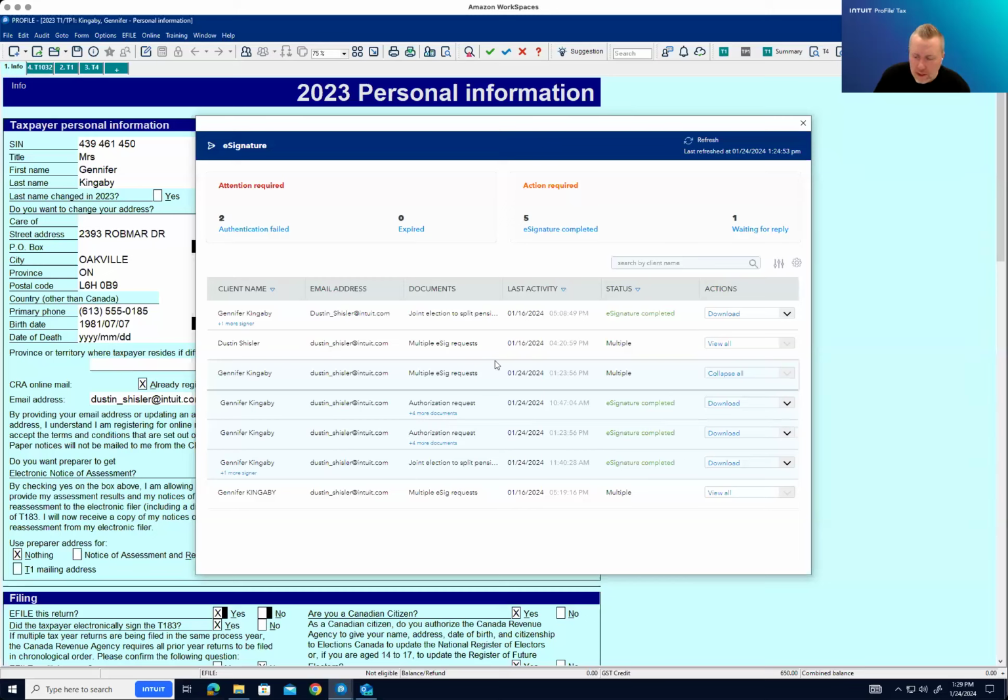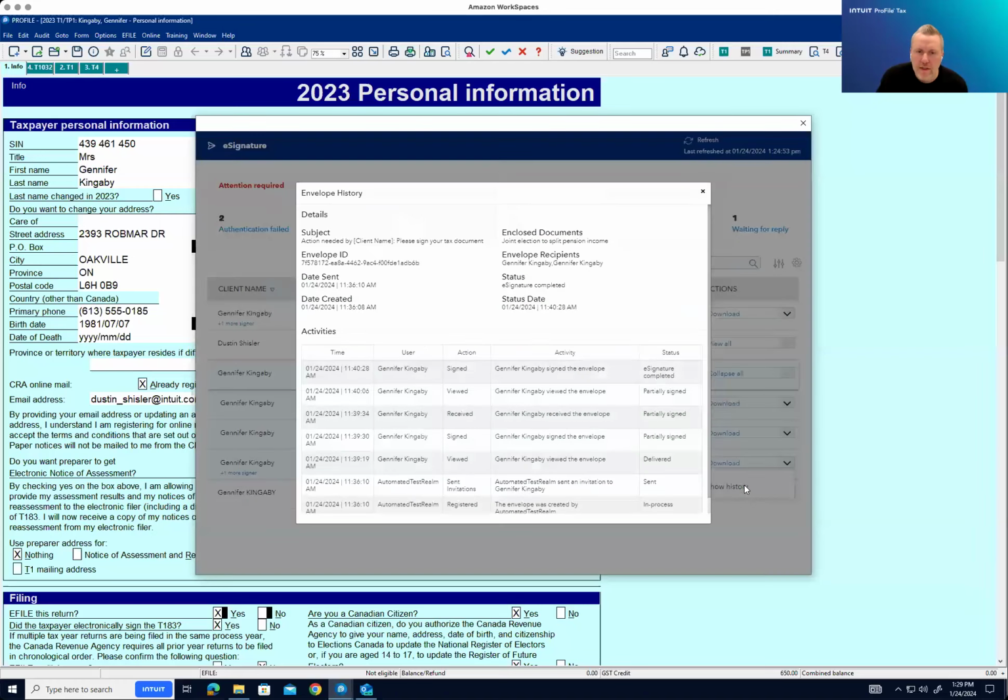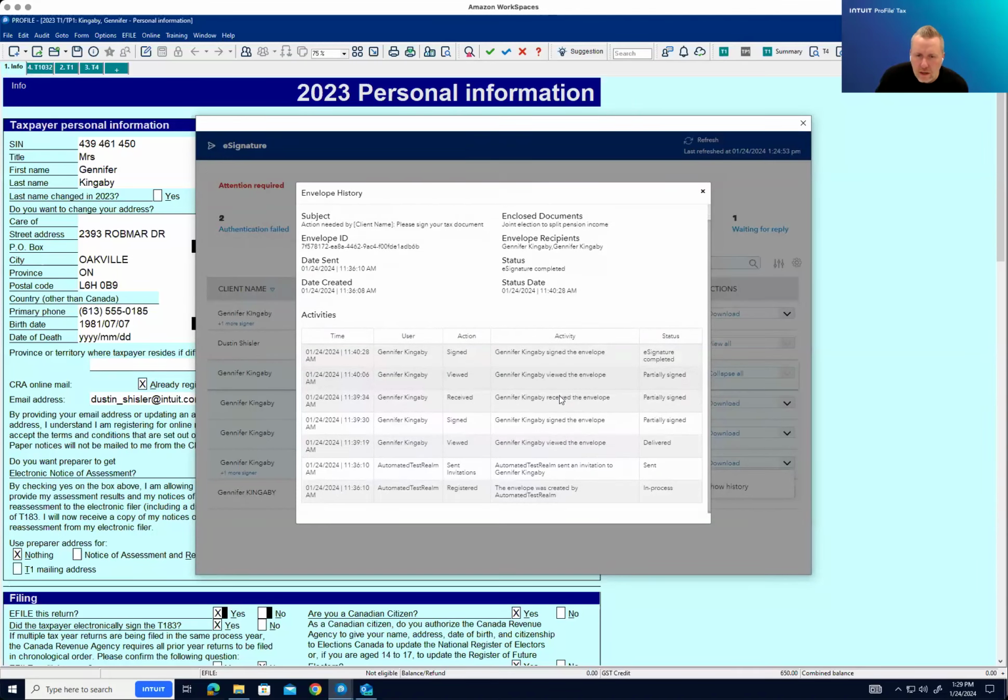We do also, like I mentioned, have recently launched the ability to get multiple signatures on a T1032 form. If that is the case, and you'll see one here, I can also look at the history and see who signed it and when. Now, this might be a little misleading because I use the same name for both taxpayers, so it looks like it's the same person signing it, but there are actually two different signatures, and this happens